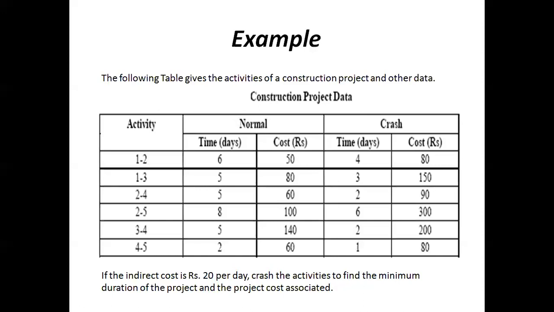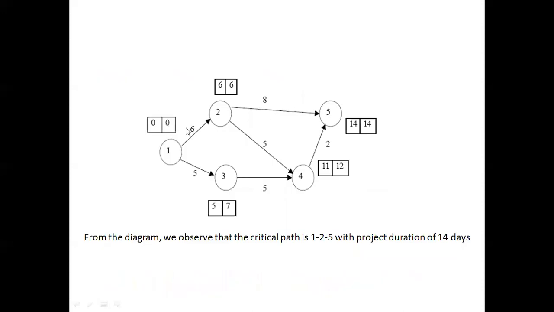Okay, let us follow the procedure we have discussed. First, let us draw the network diagram. Then find out the earliest start time and latest finish time for all the events. After drawing this, we will come to know that 14 is the project duration. And here we can use the shortcut method for identifying the critical path.